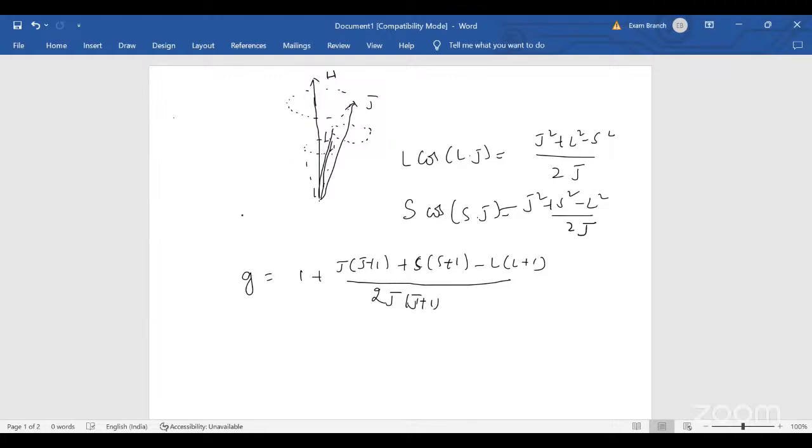It is given that g_J is equal to 1 plus J squared, that is J star squared, plus S star squared minus L squared, divided by 2J squared. Okay, so we have got this, right? g_J is